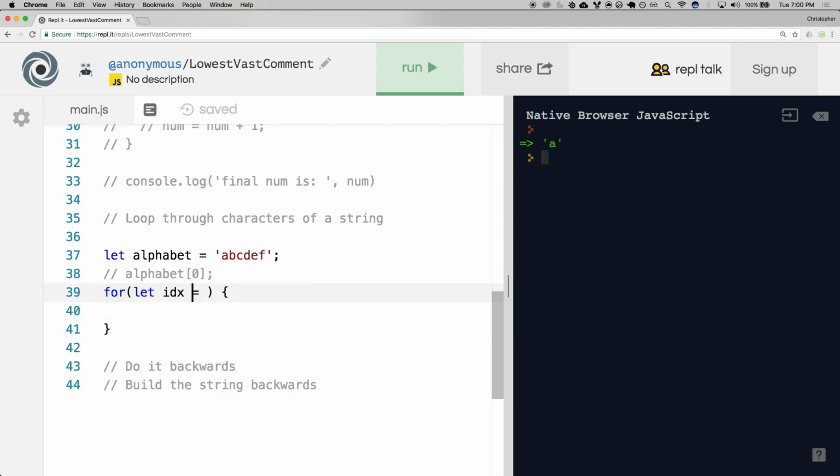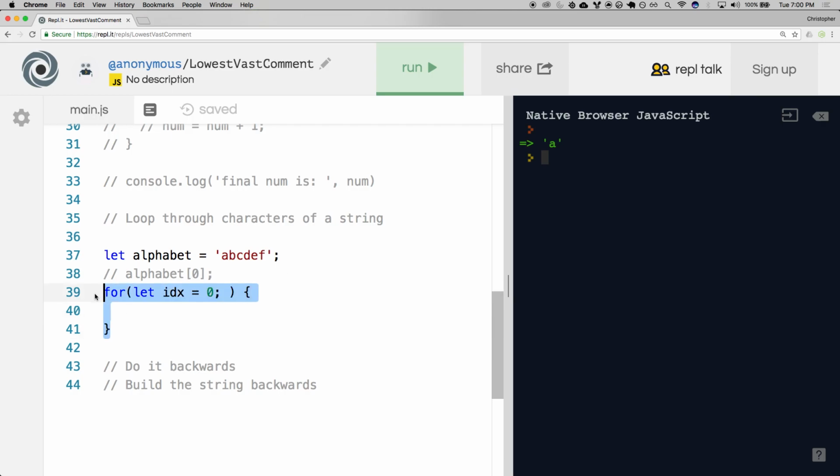So we can start that index at 0. And does anybody have any ideas on when we should stop? How do we know when we've gone outside of this alphabet? Less than or equal to length. Okay, so very close, but yeah, with this string, we have a special property that exists